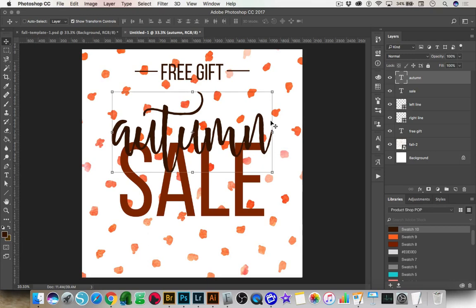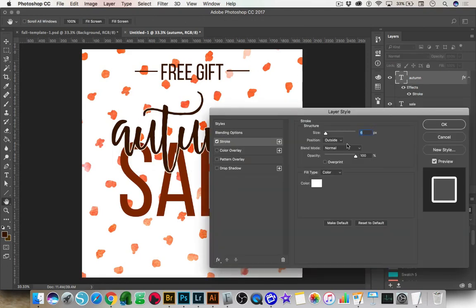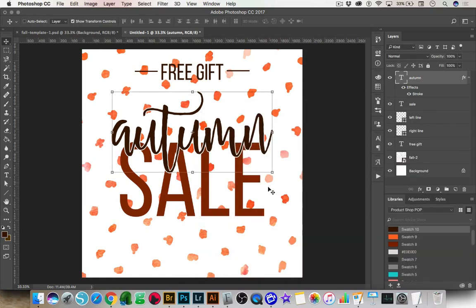And then I'm also going to add the stroke to the autumn again, just so it adds some separation between the autumn and sale. So we're going to go to our layer effects. We're going to add a stroke. And I have it at 6 points, and the color is white. And we have it on the outside, and we're going to go ahead and click OK. And so now I have my autumn sale there in the middle,